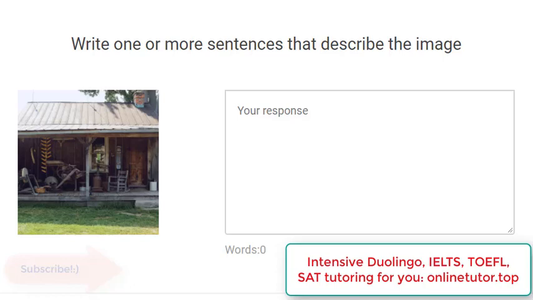You don't see the timer, but I see it. Those 60 seconds. One more aspect: how to begin. Yes, always the students ask how to begin. I feel that this is a question of secondary importance. You see, because the Duolingo algorithm knows perfectly that there are, let's say, from 5 to 10 basic ways to start. Like, in this picture I can see, in this photo I can see, or this photo shows, there are, and so on. By the way, some students are very serious about this beginning, and they say, in this